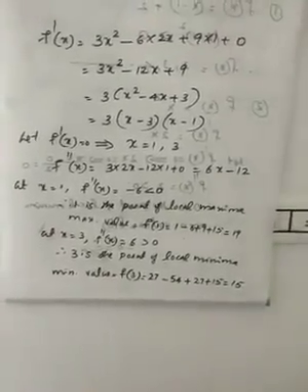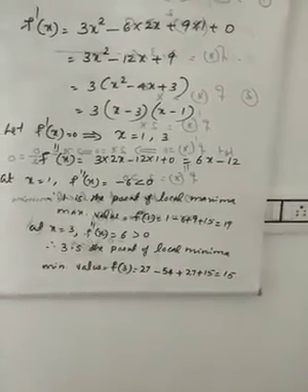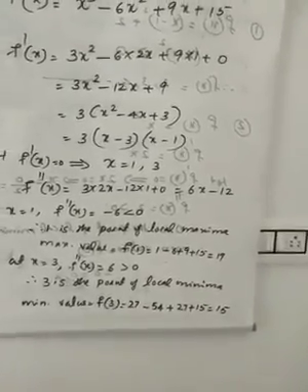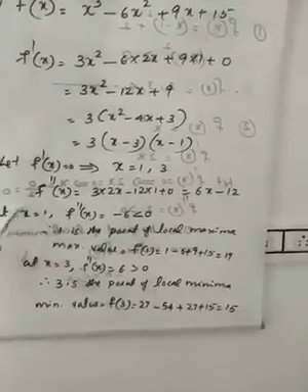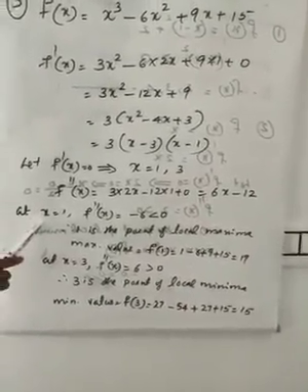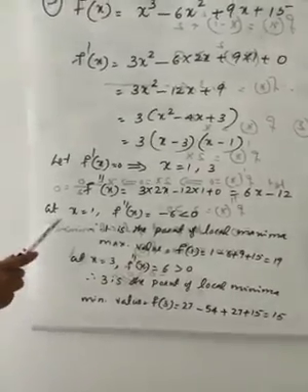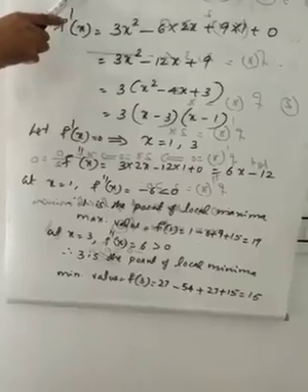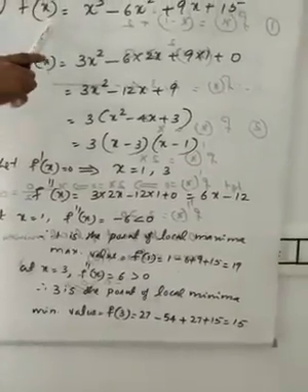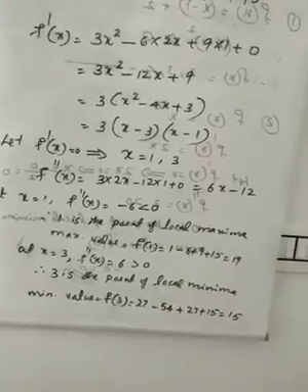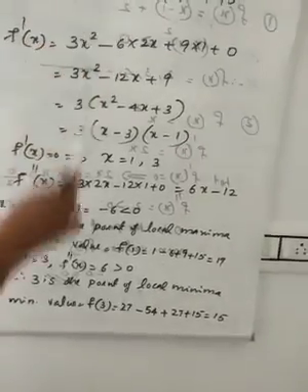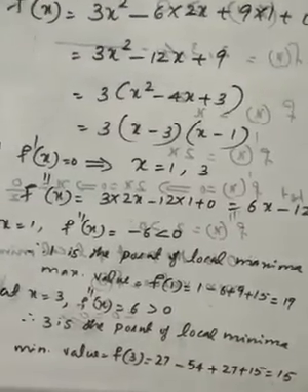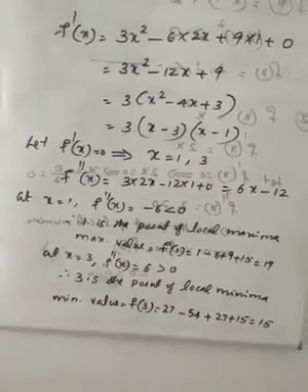If the second order derivative is negative, there exists a point of local maxima. Which is the point of local maxima? x equal to 1. 1 is called the local maxima. Then how will you find the maximum value? Substituting x equal to 1 in the given function f of x. f of 1 is 1 cube minus 6 into 1 square plus 9 into 1 plus 15. That is 19. The maximum value is 19, and 1 is called the point of local maxima.